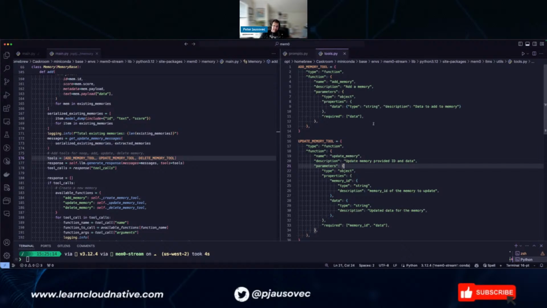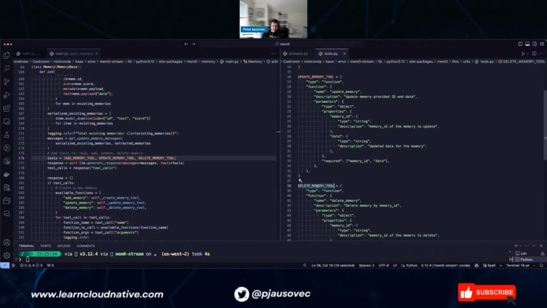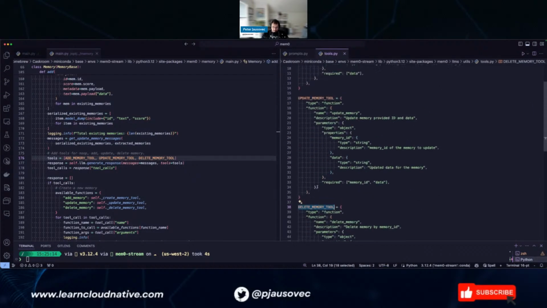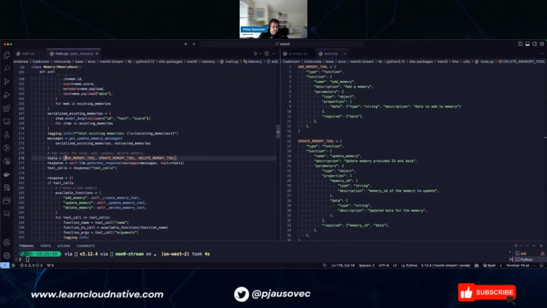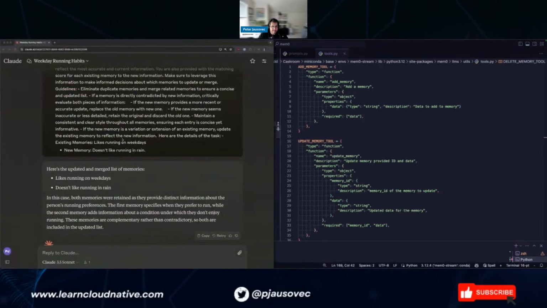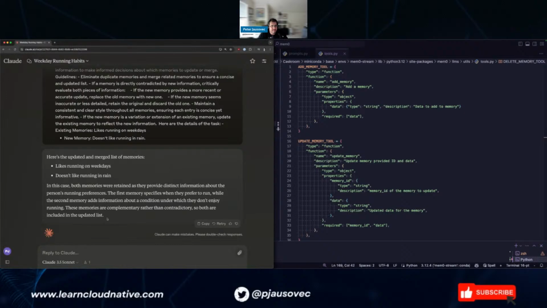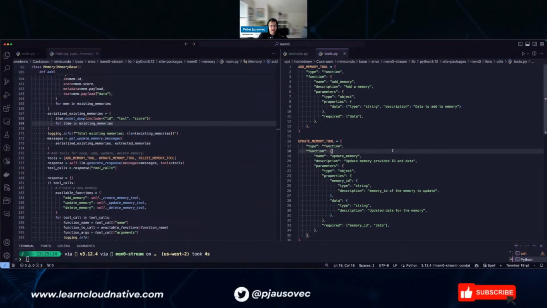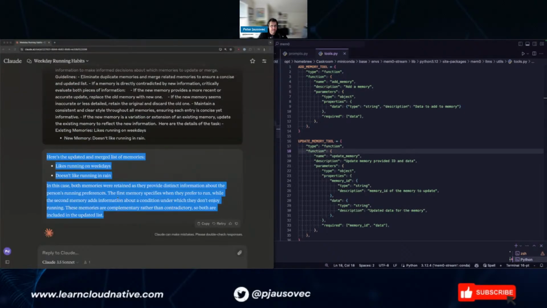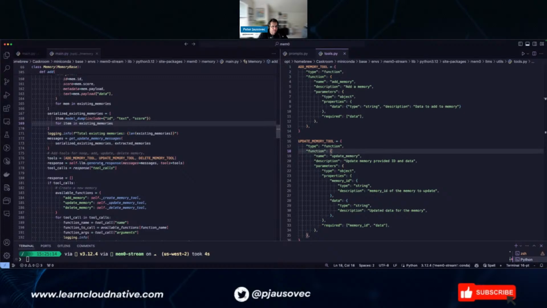So in this case, you're telling the LLM, hey, there's an add memory function, an update memory function, and a delete memory function, right? So this is what we got back, the response, the messages, that we got back.